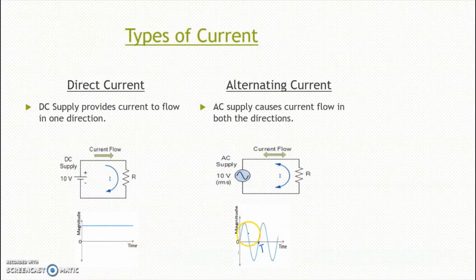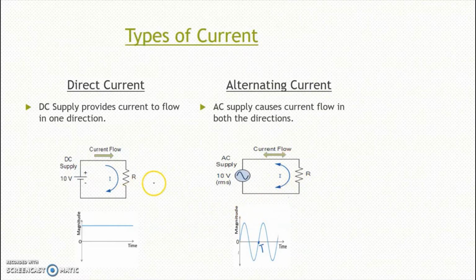So in the case of alternating current, it's alternating in nature. That is, it reaches a positive level and it reaches the negative level and ends at t. This is called the time period. It's called a complete cycle of a wave or an AC wave. So we study those in detail in further slides.